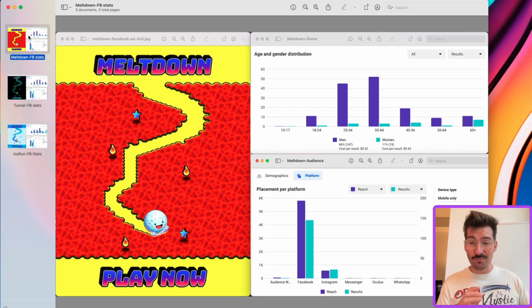Meltdown was in some ways the most polarizing of our themes. We had some people who really liked it and a lot of people who commented on it, but that it was too much. So really very unusual and attention grabbing, this palette, the red and the yellow. Not a whole lot of games that you see like that. The snowball as a protagonist, not a whole lot of anthropomorphic snowballs out there. And so this was really something, again, that high Facebook engagement rate. People are curious. We've also got some comments that the humor works well.